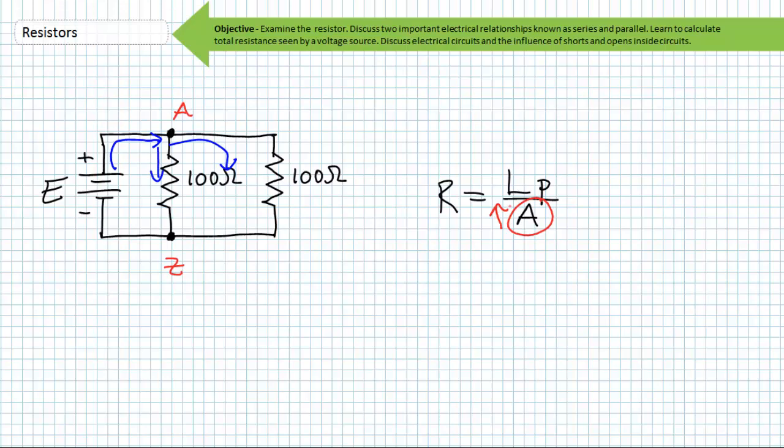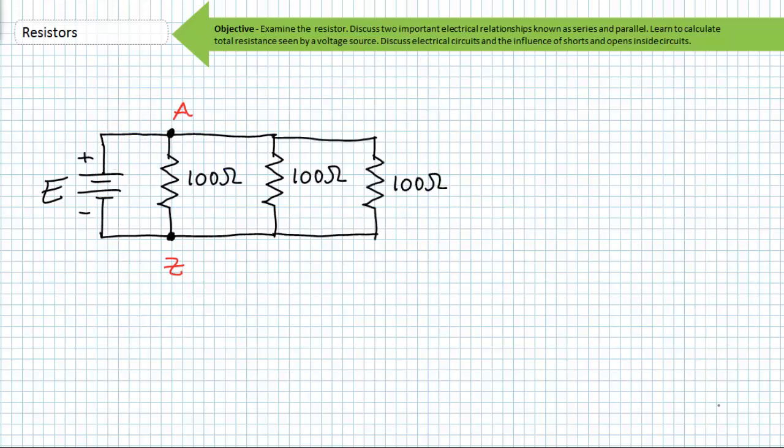Again, formulas and computations aside, what's the resistance of two 100 ohm resistors in parallel? The answer is it must be less than 100 ohms, because there's twice as much cross-sectional area. If there's twice as much cross-sectional area, it stands to conjecture that a 100 ohm resistor in parallel with a 100 ohm resistor is half of 100 ohms, or 50 ohms. Makes sense. What if I put three 100 ohm resistors in parallel? Again, 3 times the cross-sectional area means my source sees 1/3 of 100, or